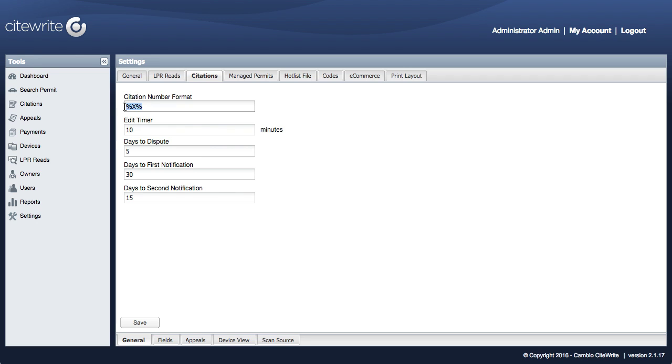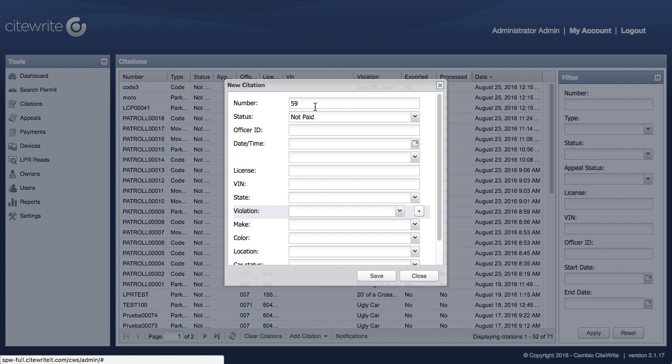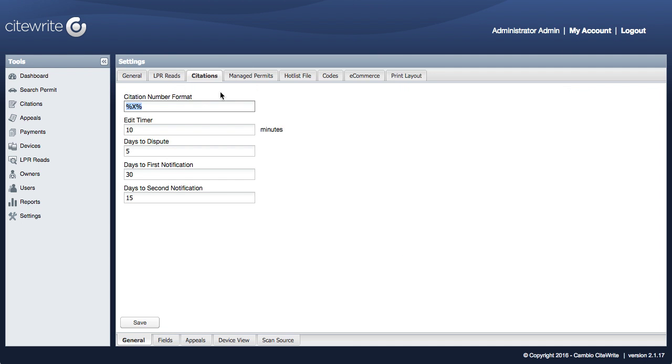The format here is specified in many ways. This is the simplest format, in which it will specify just the number that will be created for the citation. So for example, if I click on new citation, you'll see that it is just the number 59. Now if we want to add 0 padding to it, we can add